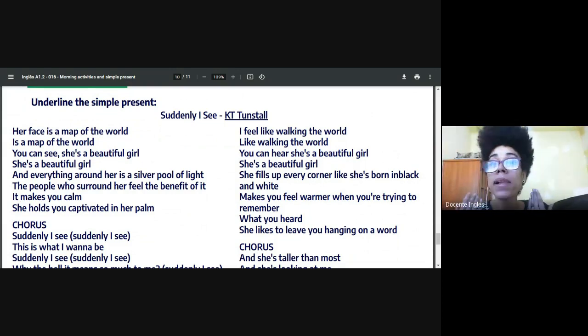Then, play one more time. And now start paying attention here on the simple present. See if you can find where we have simple present in the song. Okay? So, this is the moment in which you do what? Pause again. And if you don't remember all the possibilities of the simple present, you can stop the video, go back to the beginning, see again the explanation,